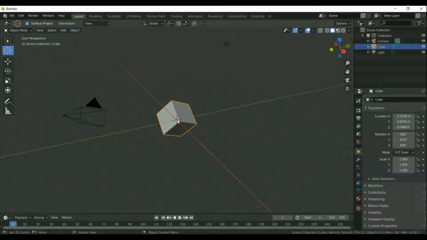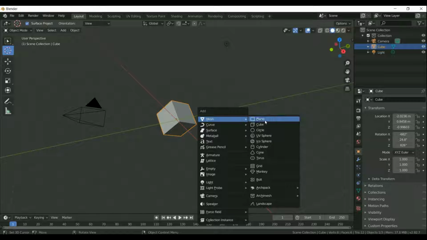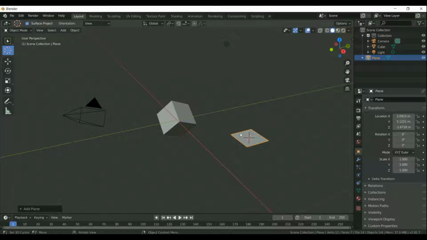As you can see here, it is placed under the cube, so we can move the cursor to any side for linking an object to that cursor when adding a new object. For example, let me add an object by pressing Shift A and we can add a plane. By adding a plane, we can understand the function of the cursor.